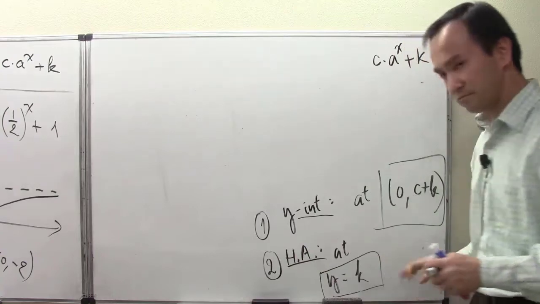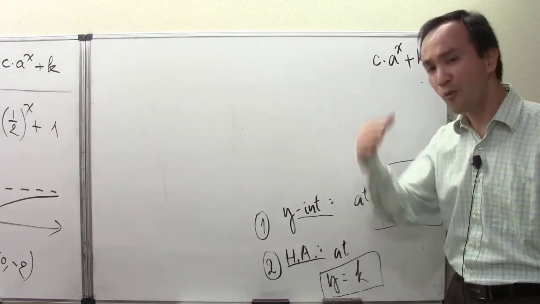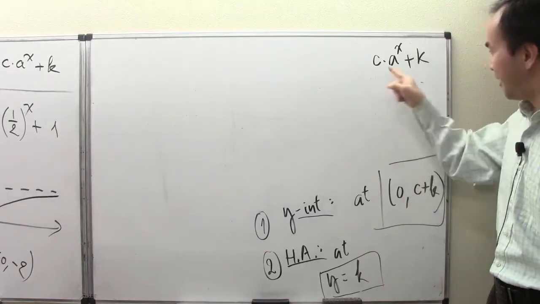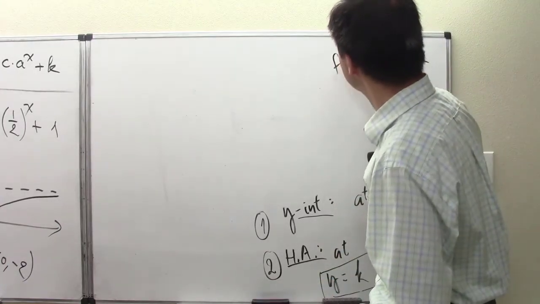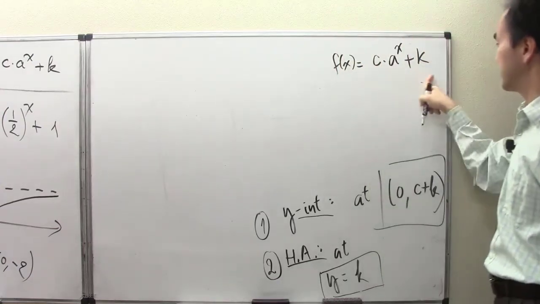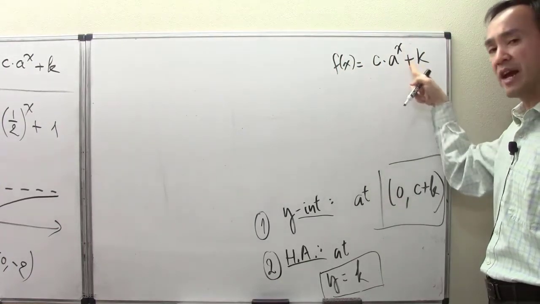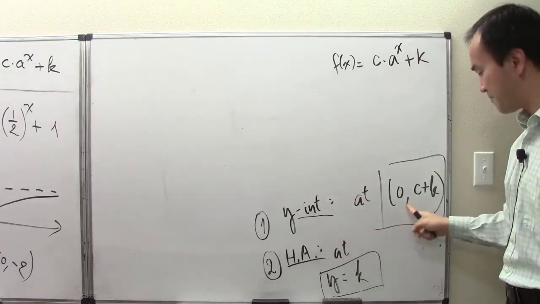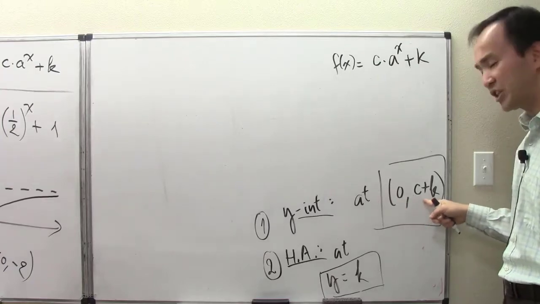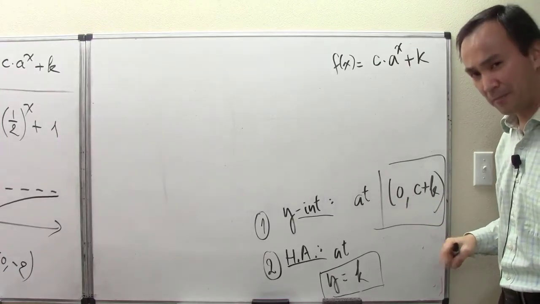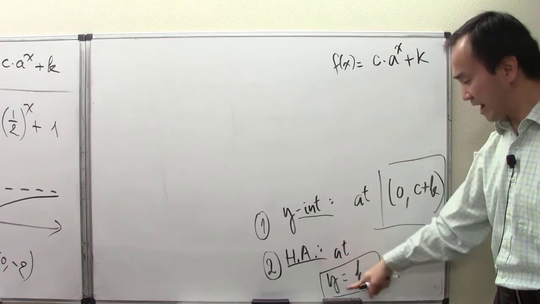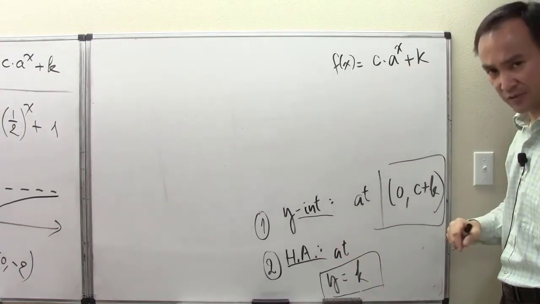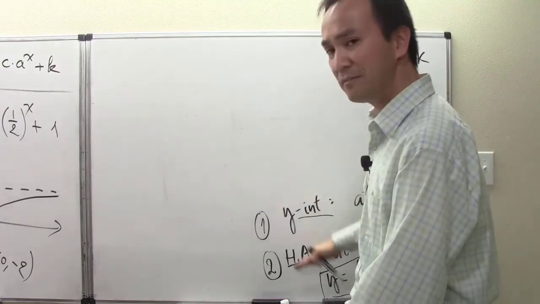From the earlier demo problem, example 4 part A, we already came to a generalization. It looks like on any function f of x in the general form c times a to the x plus k, the y-intercept will happen at 0 for x and c plus k for y. That's the y-intercept. And then the horizontal asymptote is at y equals k, the value we added to that c times a to the x. So now we want to confirm this result